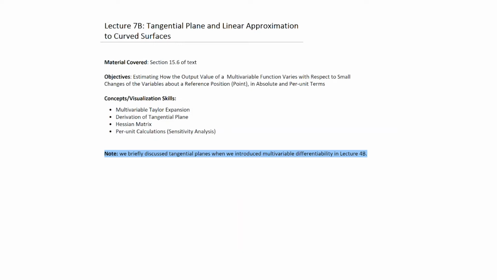The derivation of the tangential plane. So now we basically delve into the mathematics. Something we call a Hessian matrix. We will not use it, but it basically is a matrix that's used to establish the critical points. That is, where are local maxima and local minima, or even inflection points, which are called saddle points when you're dealing with surfaces. And then per unit calculations, which is in fact sensitivity analysis, as alluded to in the previous lecture,